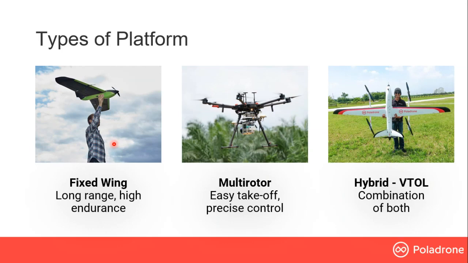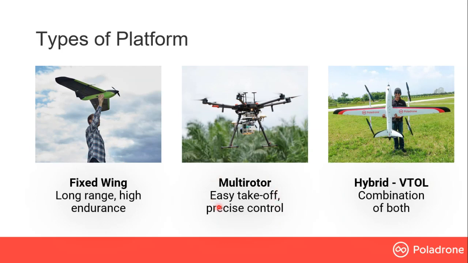When you launch it, just like in the photo, you see the person tossing or throwing the drone in order to launch it. And most of the time, when it comes to landing, it will be a crash landing if you are not a professional pilot or don't know how to control it well. The good thing about this fixed wing is that it gives you a very high endurance of flying time, talking about 1 to 2 hours in the air. But this fixed wing is not suitable to fly in areas with a lot of tall buildings or a lot of tall trees. So it's not really ideal to use fixed wing in agriculture or oil palm sectors.